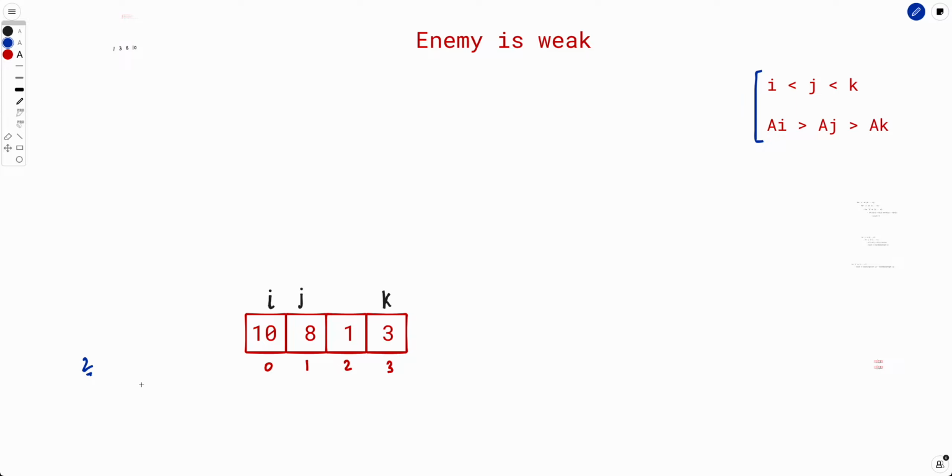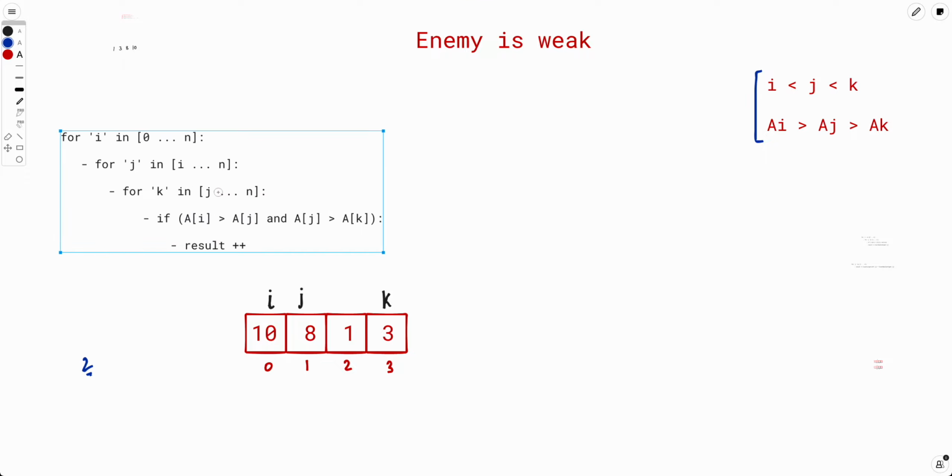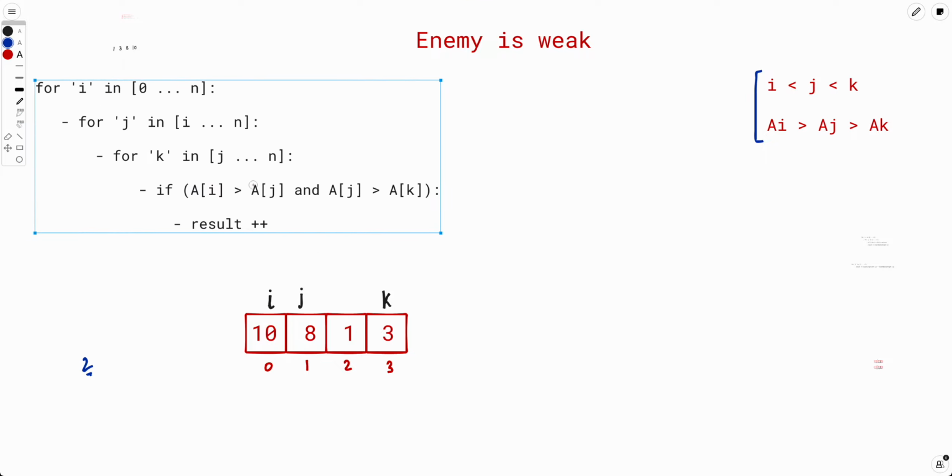Now how to solve this? Firstly, the very brute force solution could be you just iterate over all the three indexes and figure out how many of them satisfy this criteria. So you just iterate over i, j, and k. You will just simply make sure that i is always less than j, which is always less than k. So you always make sure that criteria